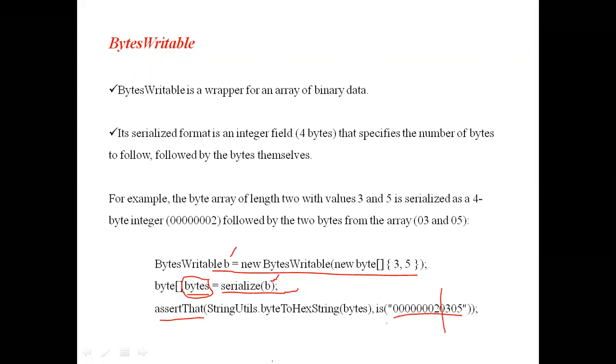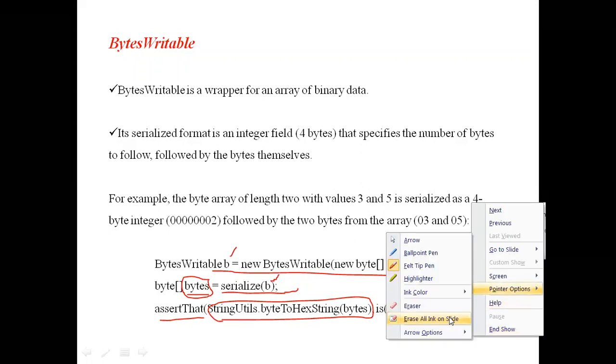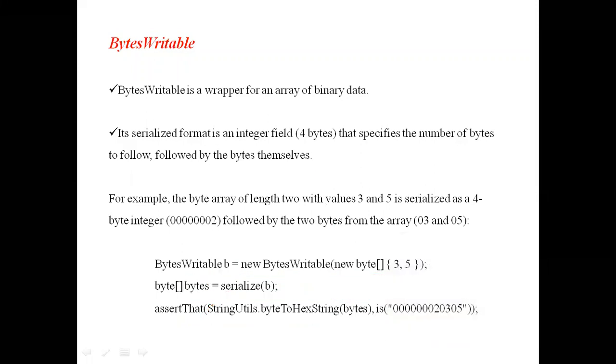Here we have given these bytes. We are comparing whether the data in these bytes is the same as what we assumed. As per the above description, we assumed that whenever we give 3, 5 to this array, internally it will be stored in this format only. To confirm that it is stored in that format, if we execute this line, it will return true.